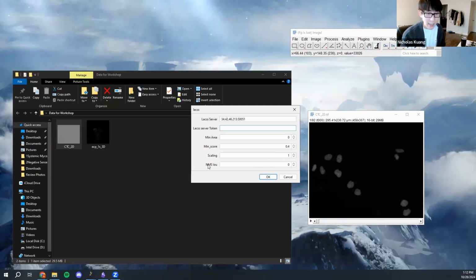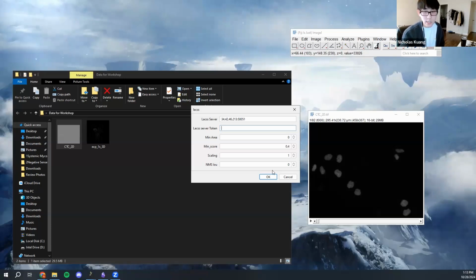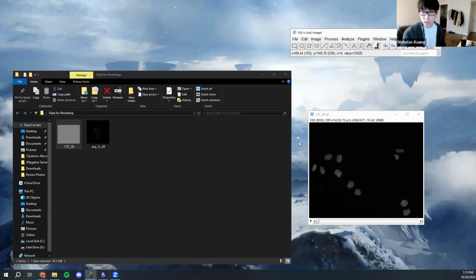And NMS IOU is another parameter for post-processing. It considers situations where two detections are overlapping. Maybe it's a clumped confluent environment, or it's in the middle of a mitotic event or something like that. So if you set it to 1, it'll be on, of course, and it'll try to eliminate one of the two detections. But since the data set that you can see on the right isn't very complicated, we'll just leave it at 0. But if you press OK,